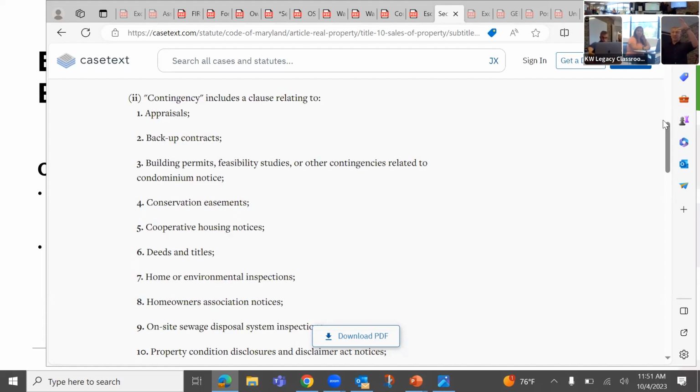But for the purpose of this expedited EMD release, contingency means other stuff. It doesn't mean financing. So in that world, you can still get out of the contract, you can still ask for a release of deposit, but title companies and brokerages are not releasing it unless there's a mutual release. Any other questions about that, guys?